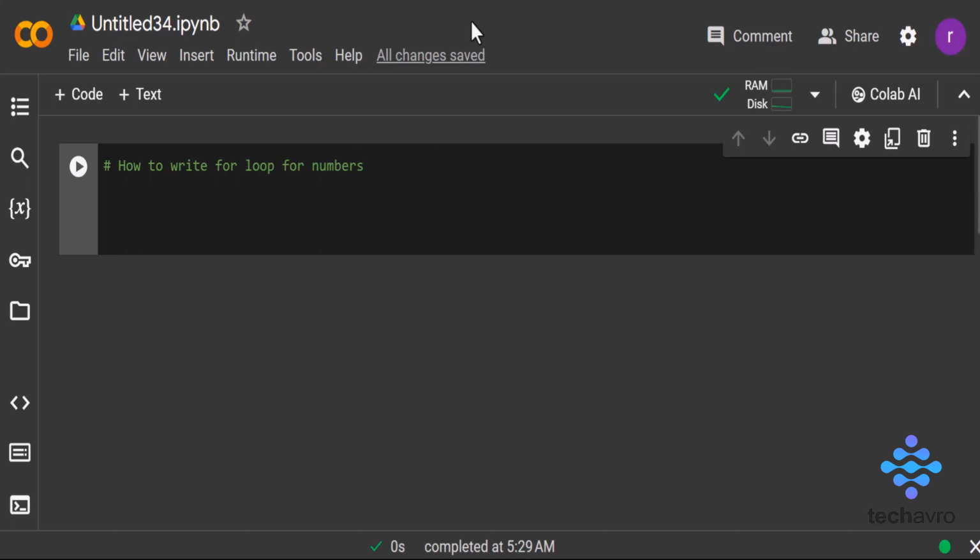Today I'm going to show you how to write a for loop for numbers in Python. For that, I need to take a variable number, and inside this I will take some numbers,